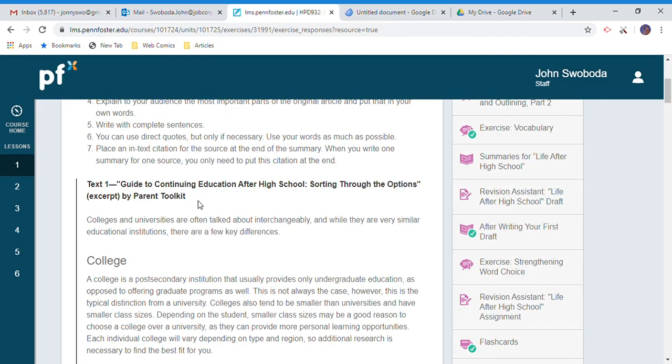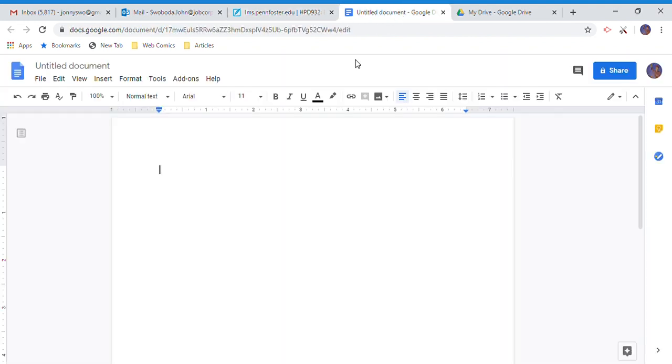Okay, so my in-text citation is going to say Parent Toolkit, so that anytime I quote from this, the in-text, come on computer, catch up. There it goes. Looks like this. Parent Toolkit. That'll happen inside the text if I need to quote. And then end text